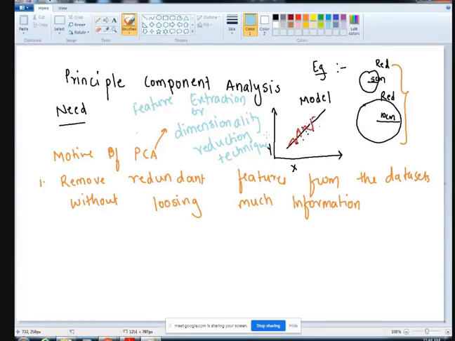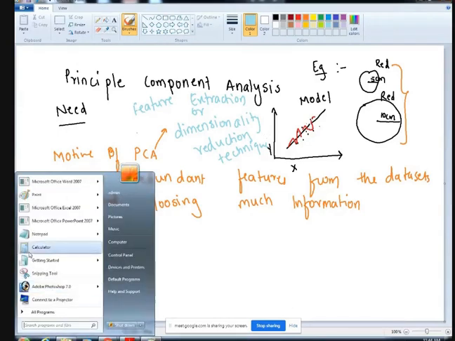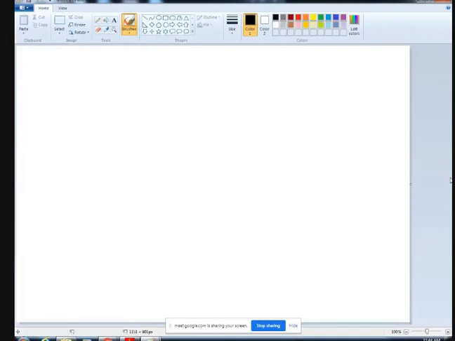Now, whenever we are solving the PCA problem, we can have n number of ways it can be solved. Let us say that we are considering a two-dimensional data set, that is, we have x and y axis, and let us say these are the pixels that are there, and this is a line that is drawn. Now, how to reduce these features? Let us say this x is feature 1 and y is feature 2. Whenever we have to reduce a dimension, we can consider different views.